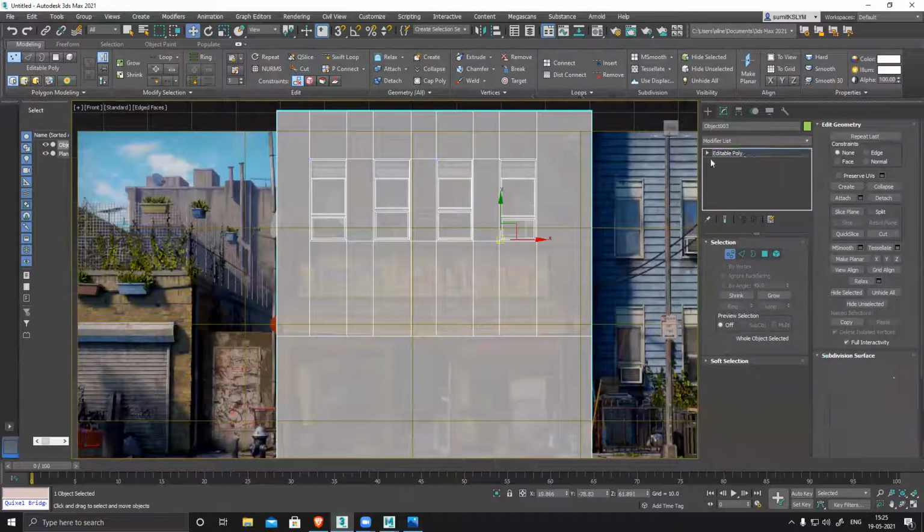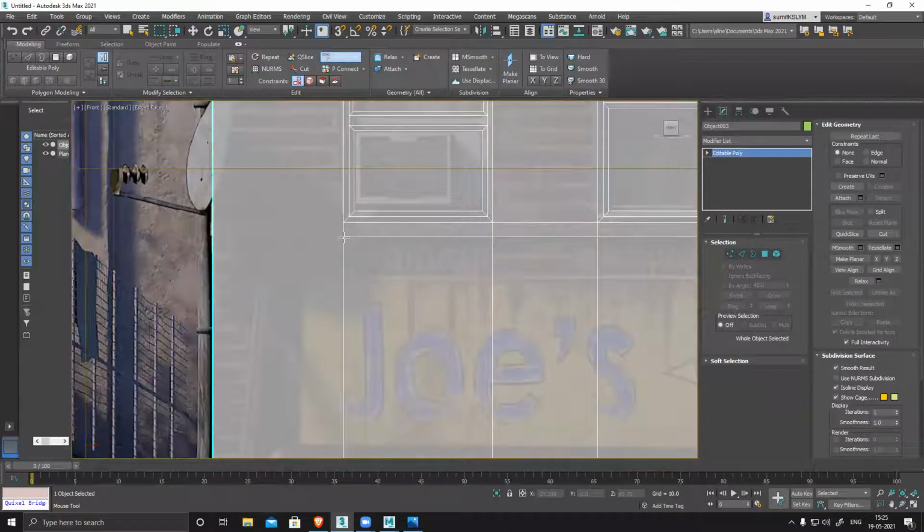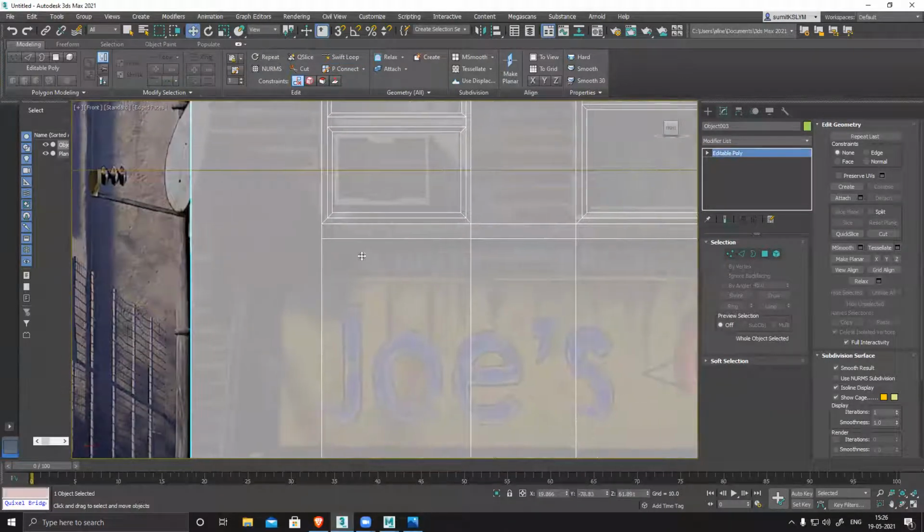So I'll select this, go to Swift Loop, and it connects this one here. You can see it's not continuing this side because there is an end on it. This side is an end on. It's not completely